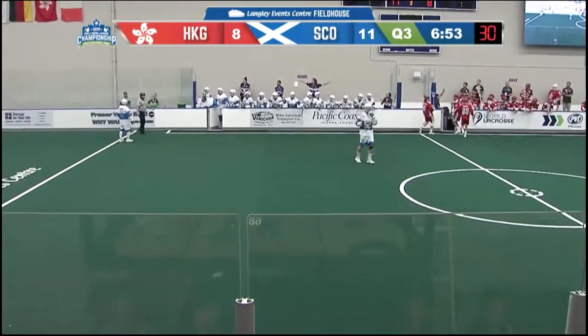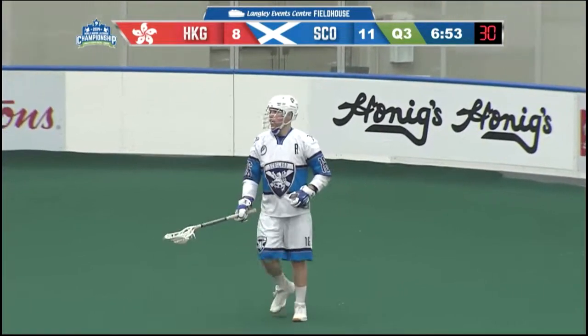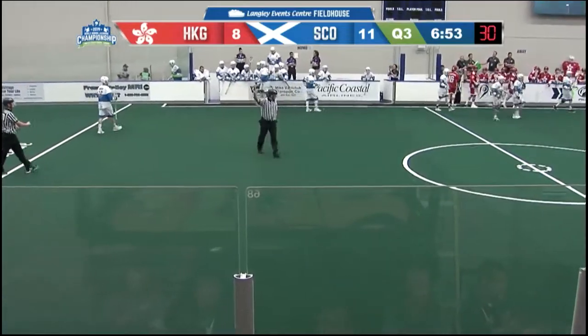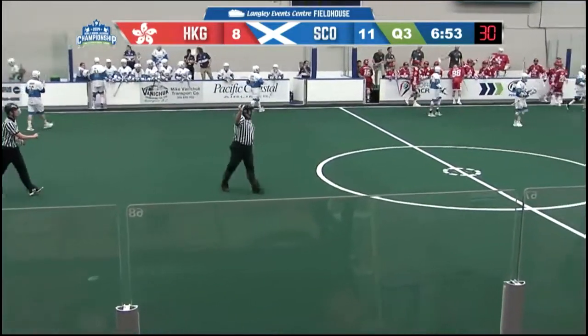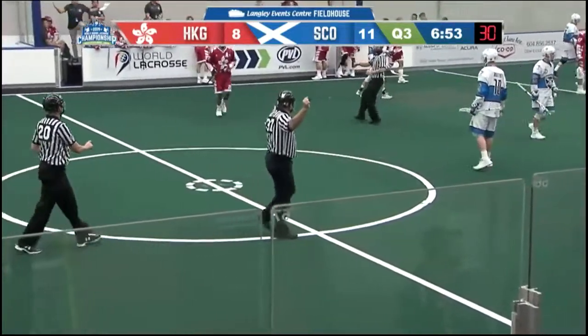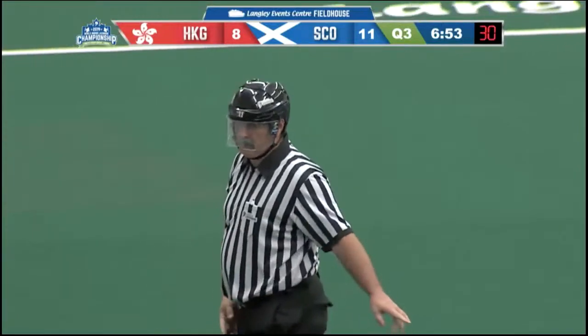As the 30 expires, ball tossed in from center. Referee Hardy with his arm in the air. And Team Hong Kong will head to the box here.